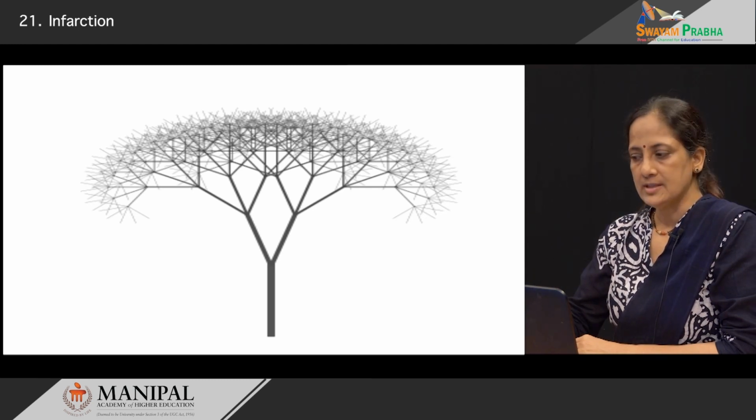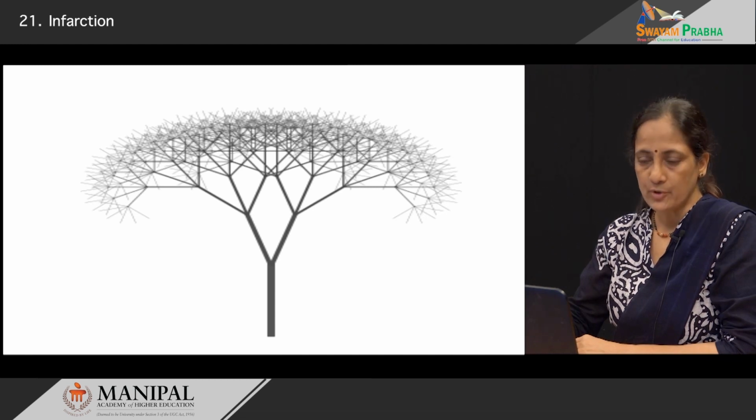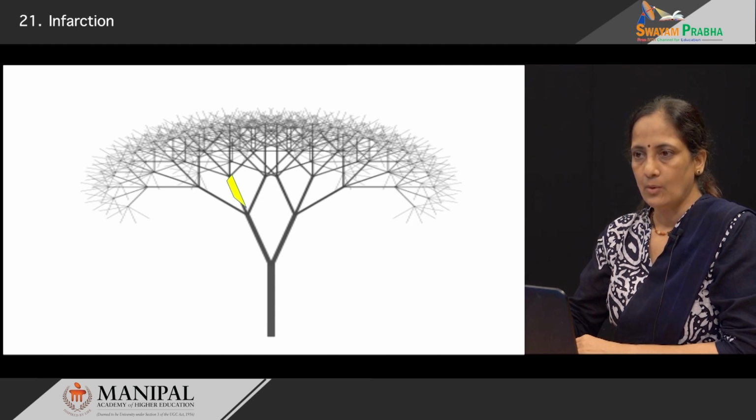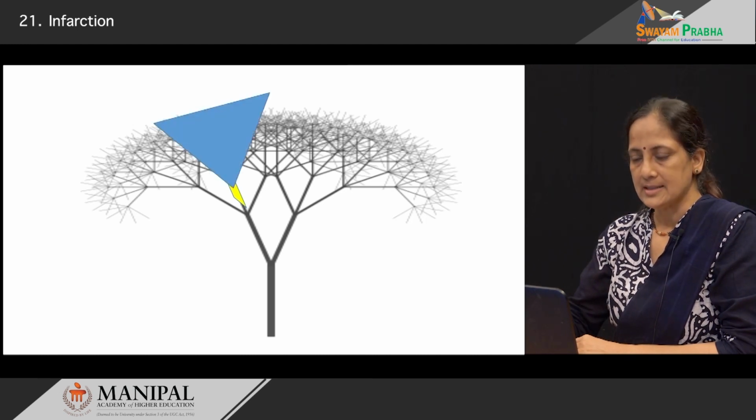Imagine now if one of these vessels is occluded by, say, a thromboembolus. Now, the area supplied by that particular vessel will get blocked and therefore infarcted. Therefore, when we look at this morphology, we can understand why an infarct is wedge-shaped. As I said, the apex will be directed towards the blocked vessel. The base will be formed by the periphery of the organ, that is the very end to which that artery or vein distributes its branches. So, therefore, when we look at infarcts, invariably we find this characteristic wedge-shaped morphology.